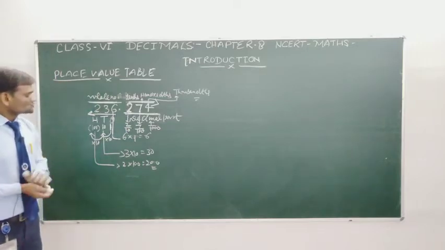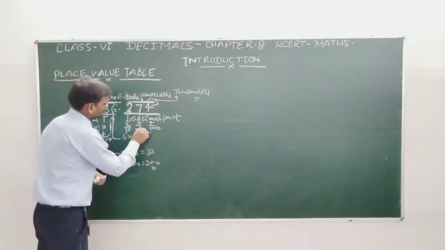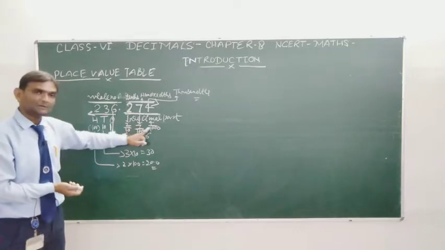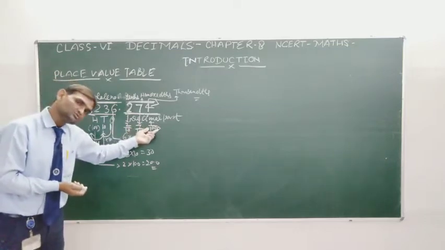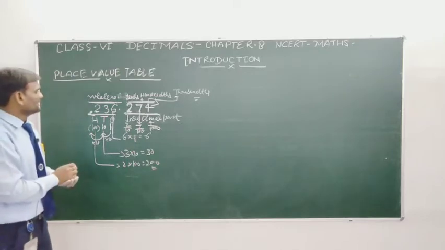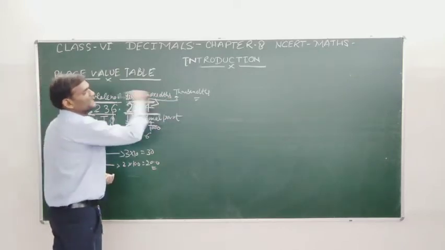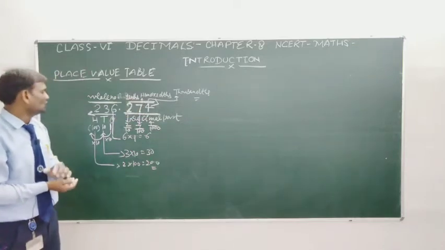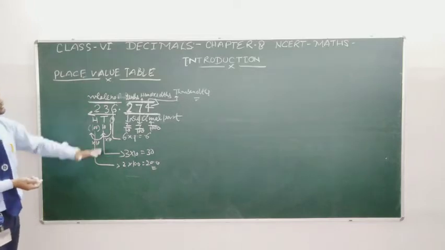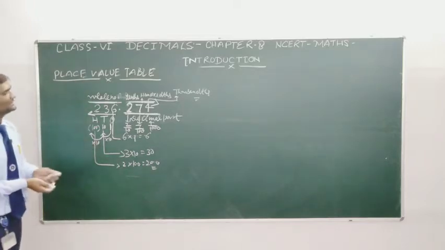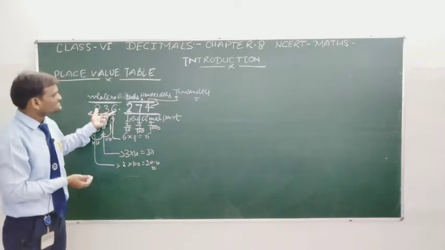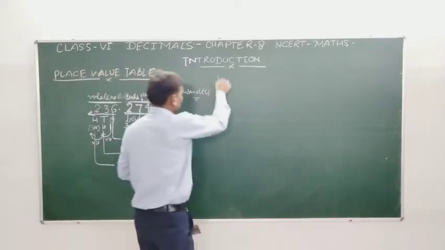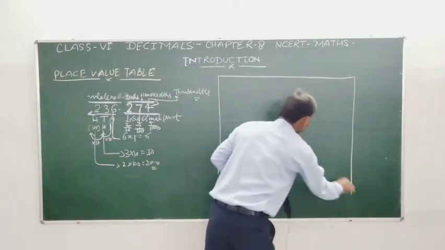So student, this is the fraction you are seeing here, and these fractions have denominators of the 10 type, meaning 10, 100 and 1000. So this is the place value and this is the place of the fractional part, of the decimal part. I hope you have understood this, and when we need to express this number in a place value table, then we can easily make the place value table like this, student.